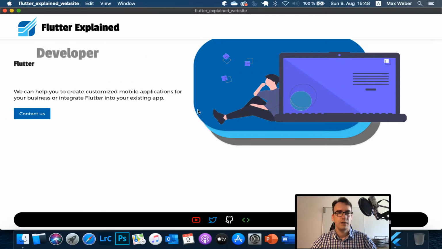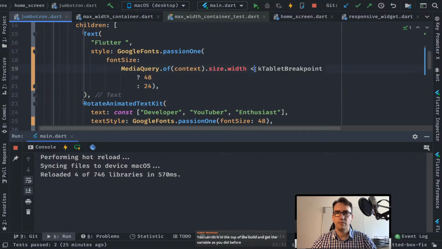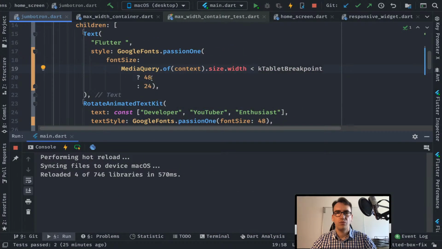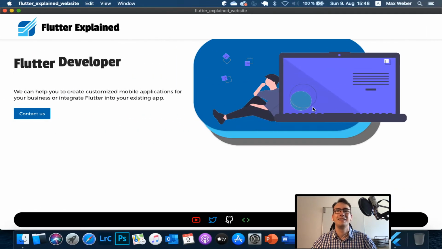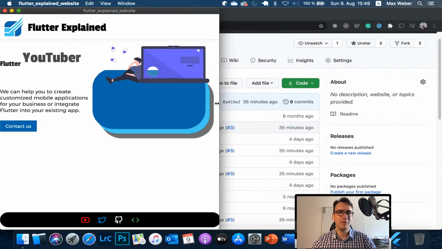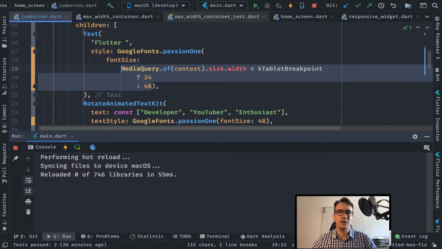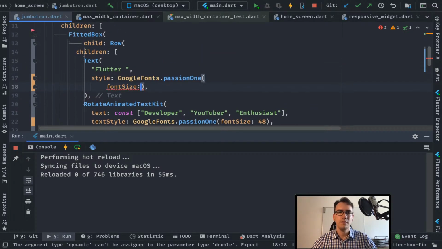Let's see. So now this one is small, right? Because it has enough space. So if the width is smaller than the tablet breakpoint, then we show this. But now it should be bigger, right? No, the opposite. Okay, so now it's big, and if I'm going small, it's getting small. Fantastic. And now, instead of doing that all the time, what I could do,